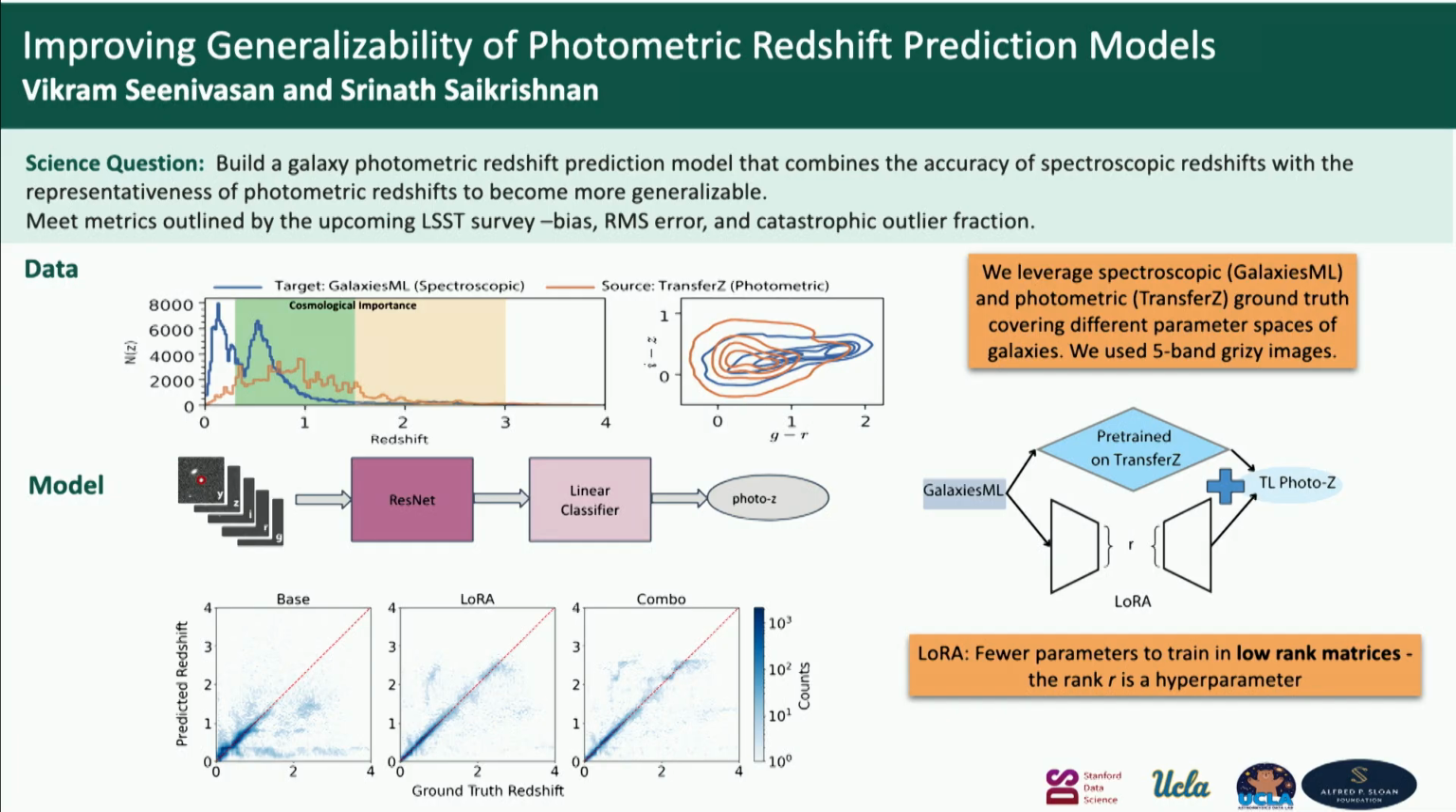We find that at the moment, these methods of mixing ground truths, apart from just combining them directly, don't perform as well. However, there are a lot of computational advantages in methods like low rank adaptation and other transfer learning methodologies. If you're interested in photometric redshift prediction and improving the generalizability of these models,